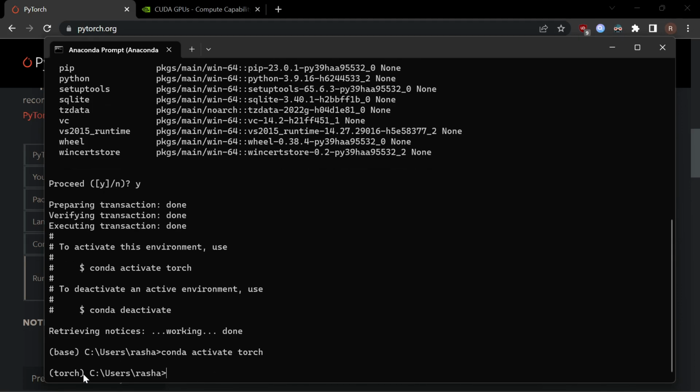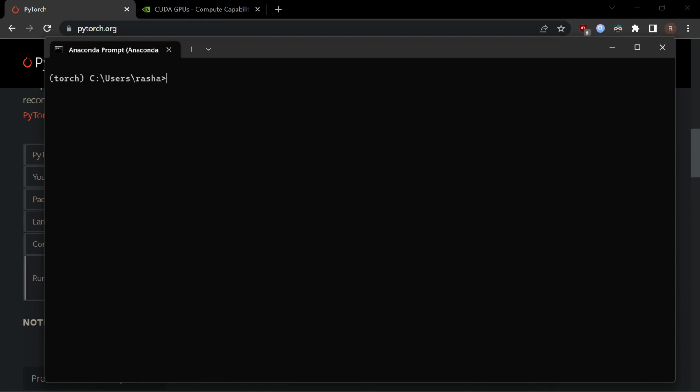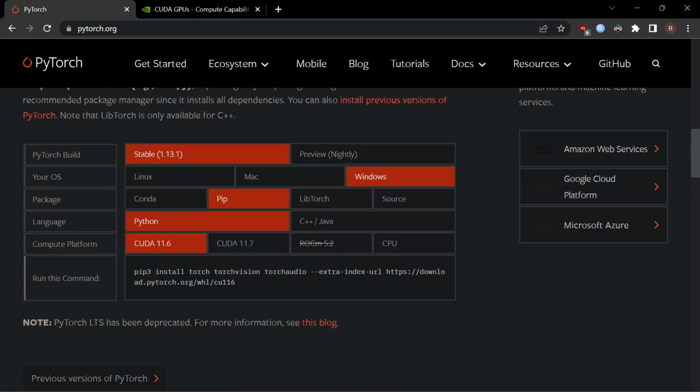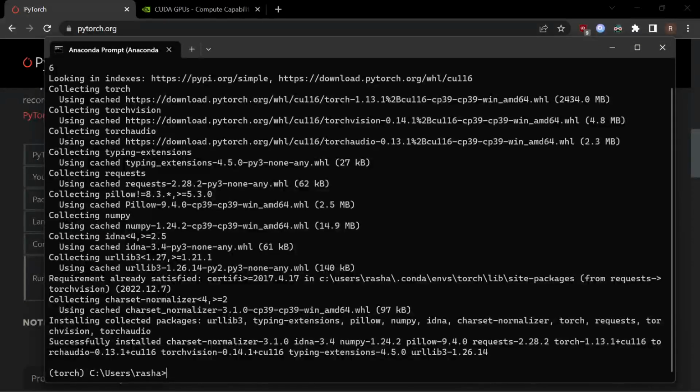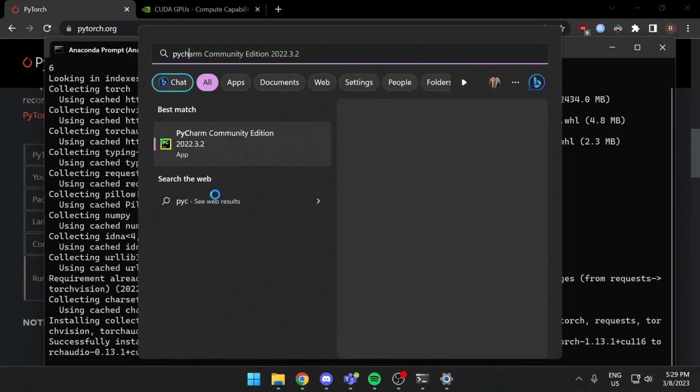You just need to make sure that it says torch over here and not base. So you can see we switched to the torch environment now. Let me just clear this with CLS on Windows. It's a bit more clear. Then we're gonna copy paste this. We've already copied it, but we'll copy it again. Just hit enter to start installing. Cool. Alright, so once it's done installing, let's show you guys how to actually get it working in